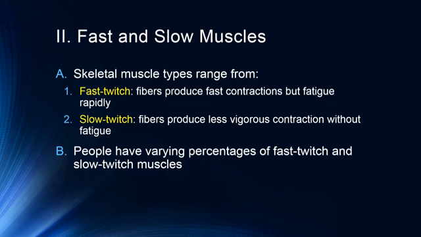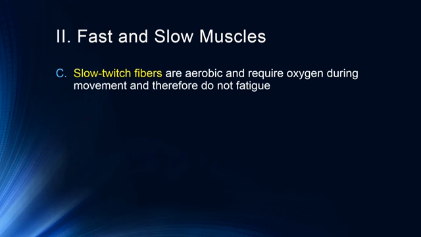But for your core, so we're talking about your abs, oftentimes even your shoulders and back, these are oftentimes a lot more slow twitch fibers, particularly things that are used to hold you upright. And so the most effective exercises for things like your core are oftentimes going to be things like planks, where you have to hold a position for longer periods of time. Whereas crunches are less effective because there are fewer fast twitch fibers in that core area. And so that's something you have to be mindful of.